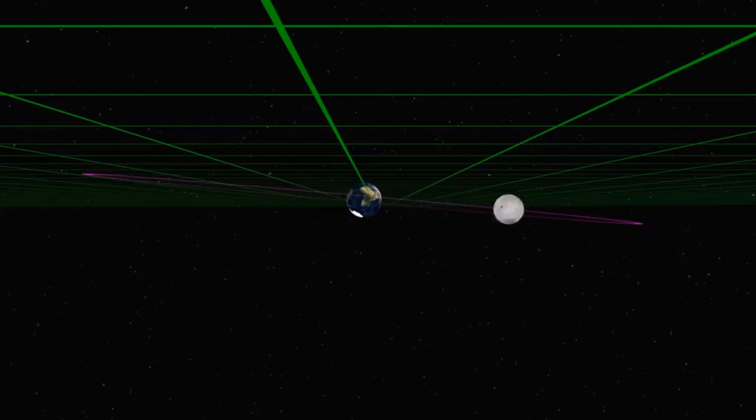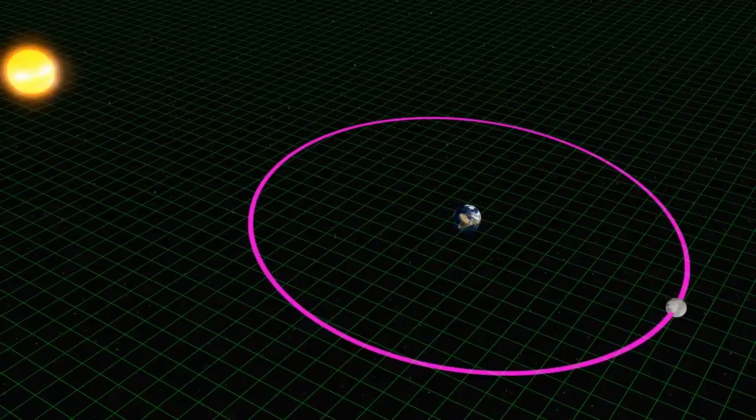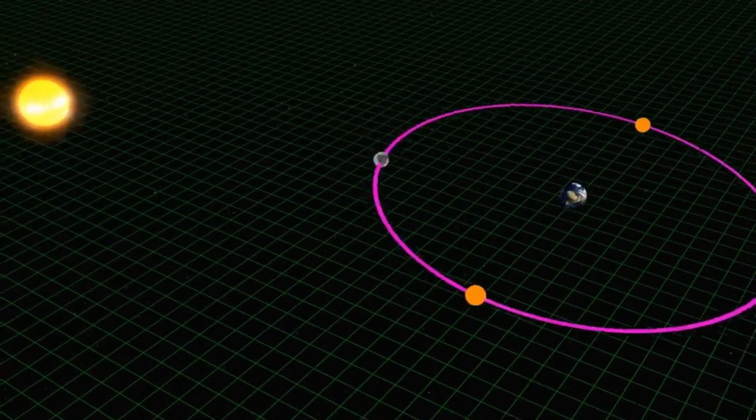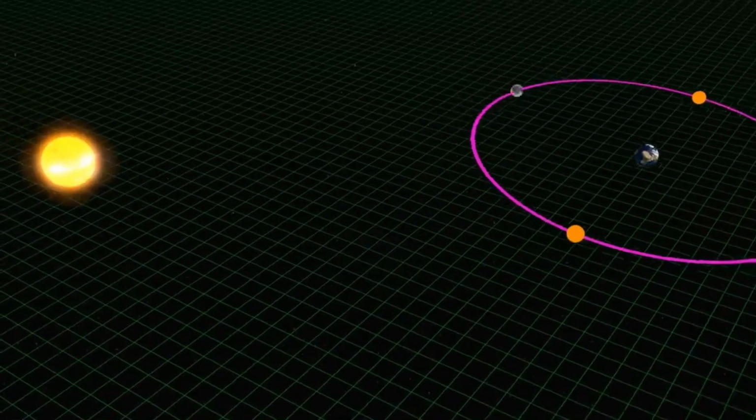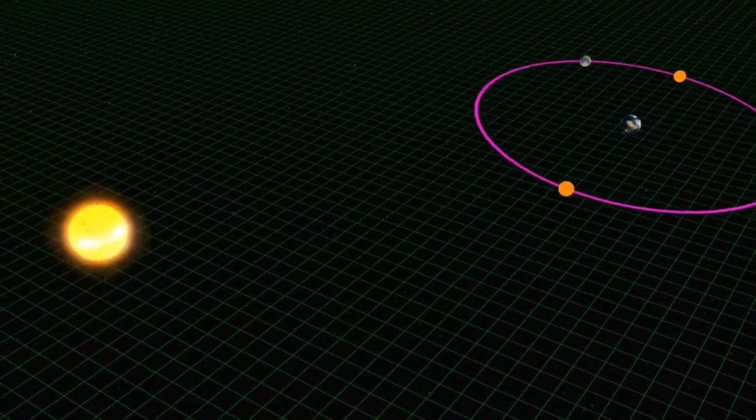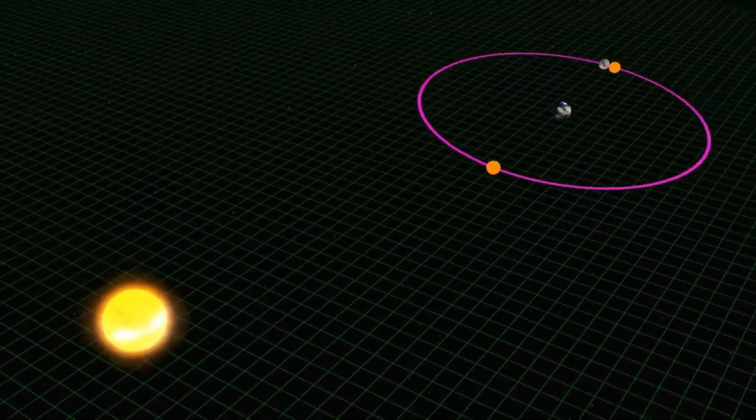We can map out 2 invisible points in space at which the Moon's orbit crosses the ecliptic. We call these the lunar nodes. When they line up with the Sun, Earth, and Moon, that's when